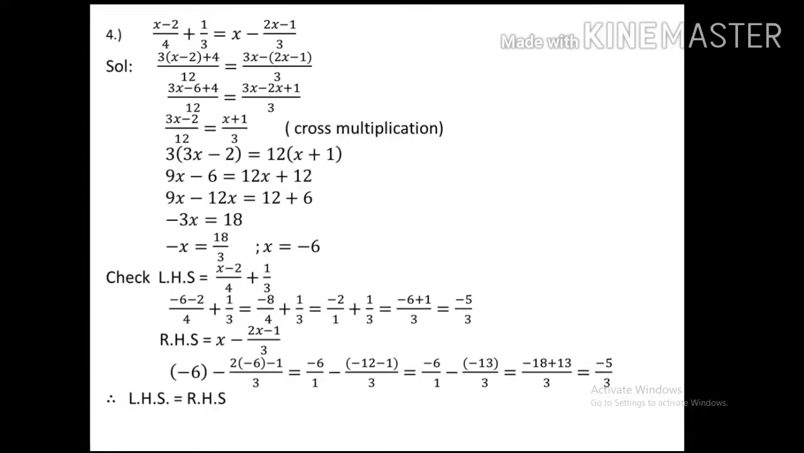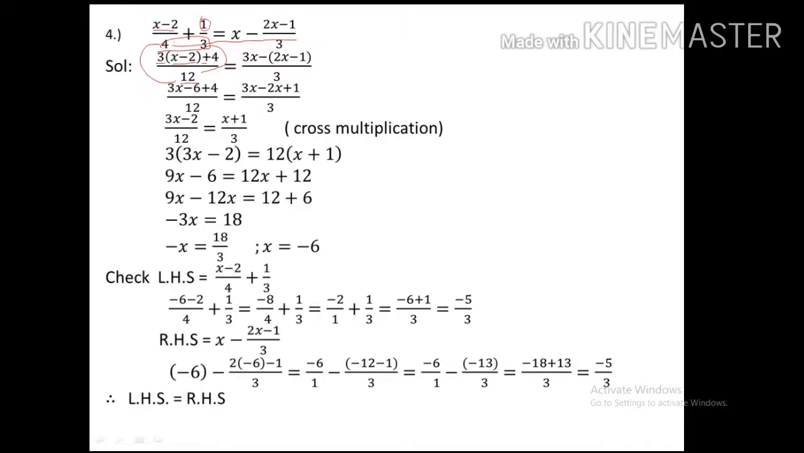The question number 4 says that x minus 2 upon 4 plus 1 upon 3 equals to x minus 2x minus 1 upon 3. This is the question. So first of all we have to solve the LHS part, that is we have to take the LCM of 4 and 3. It will come 12. Now this 12 is divided by 4. It will come 3 as a quotient. So we will write 3, and here x minus 2 part we have to write in bracket, plus symbol. Now this 12 when divided by 3, it will come 4 as a quotient, and 4 is multiplied by 1, it will come 4,